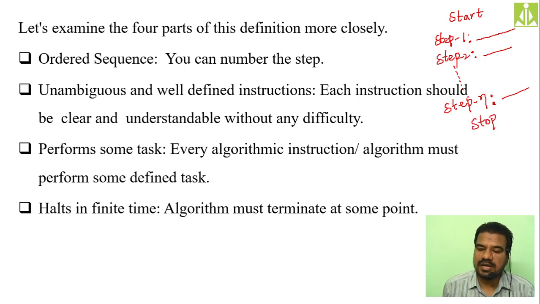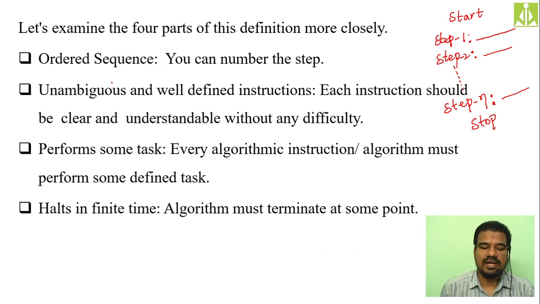So all the steps, they must be numbered, so that you know the order of those steps. So without numbers, you may not know which step has to be performed first, which step has to be performed second, likewise. But when you number them, definitely you will have some idea. Okay, you have some idea in exactly what order sequence you have to evaluate, or process, or execute those steps. Okay, so this is ordered sequence. So in order to get the order, always we need to number the steps.